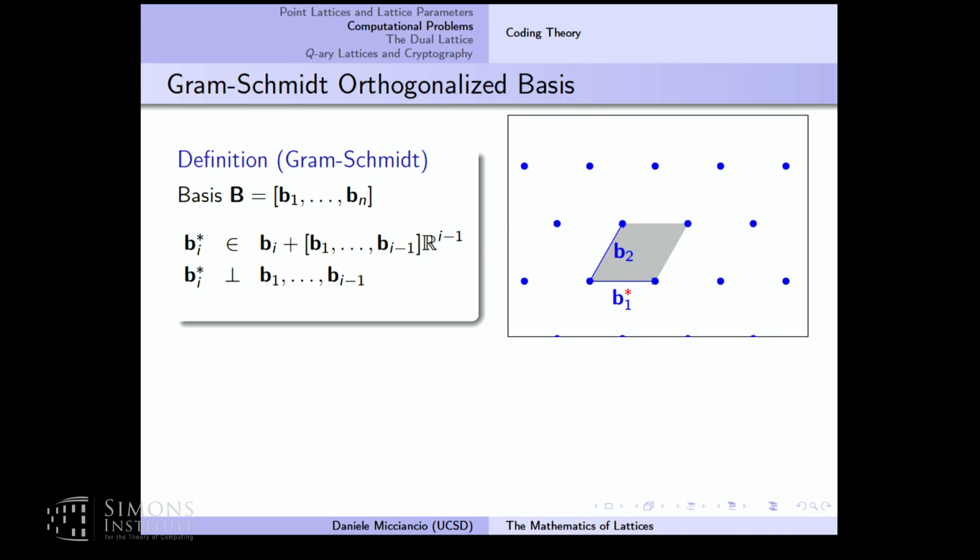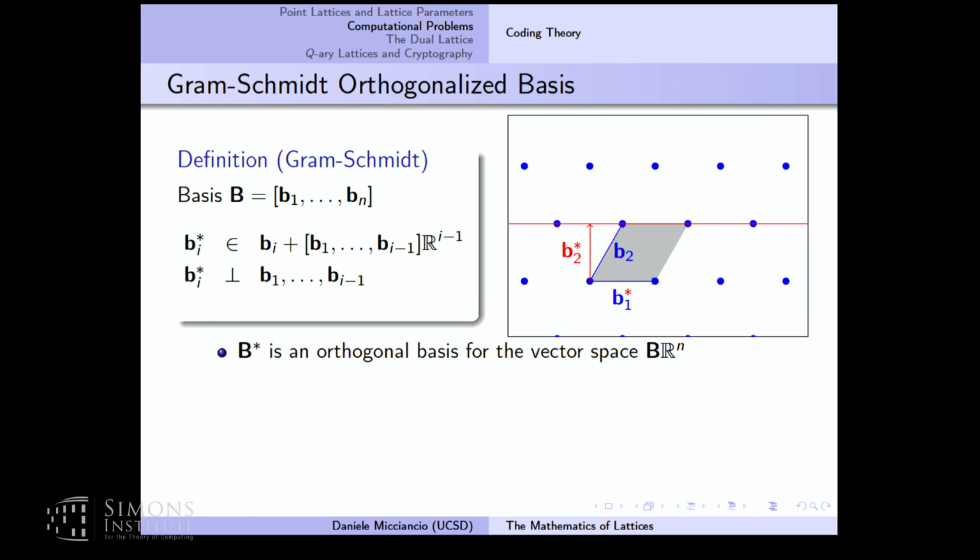So b1 is the same as b1 star, but for b2 what we do is to shift b2 in the direction of b1. You consider the entire line, or more generally hyperplane, centered on bi and spanned by the previous vectors, and you make b2 as short as possible by subtracting copies of the previous vectors. And notice here, in Gram-Schmidt, you are allowed to subtract copies with non-integer coefficients. So when you orthogonalize b2 orthogonally to b1, you will get a point which does not belong to the lattice. This is an operation common in linear algebra, and may not seem an operation that plays well with lattices,